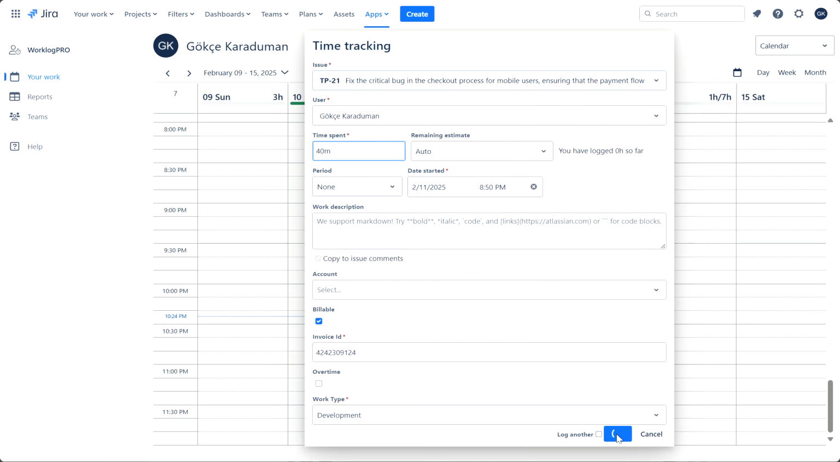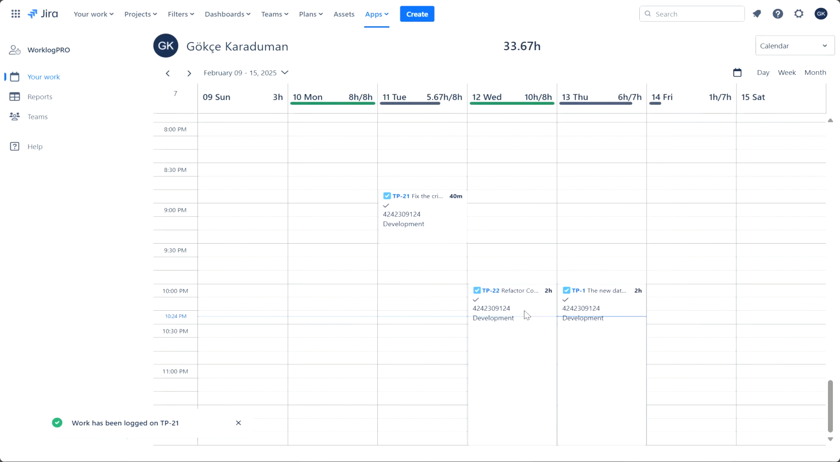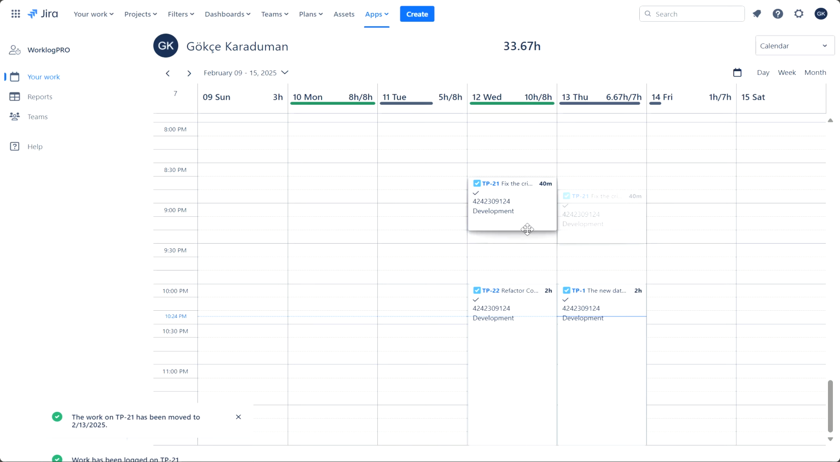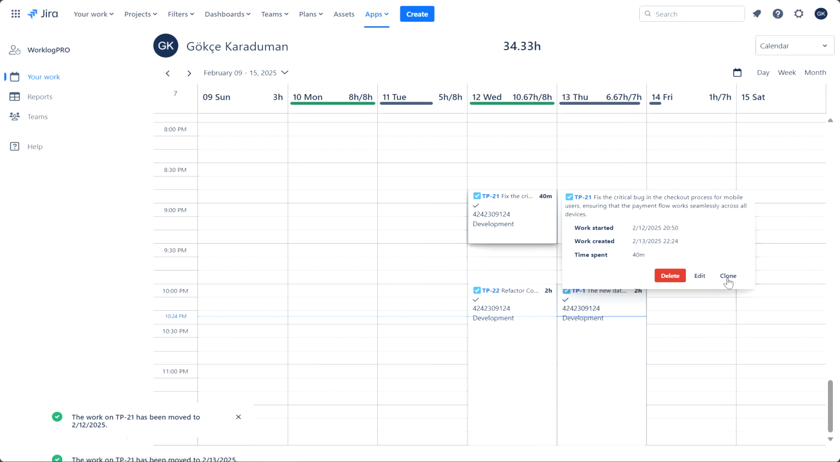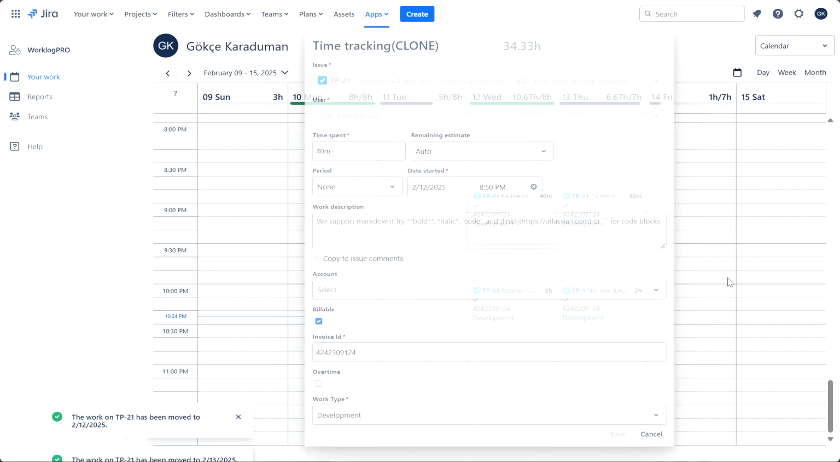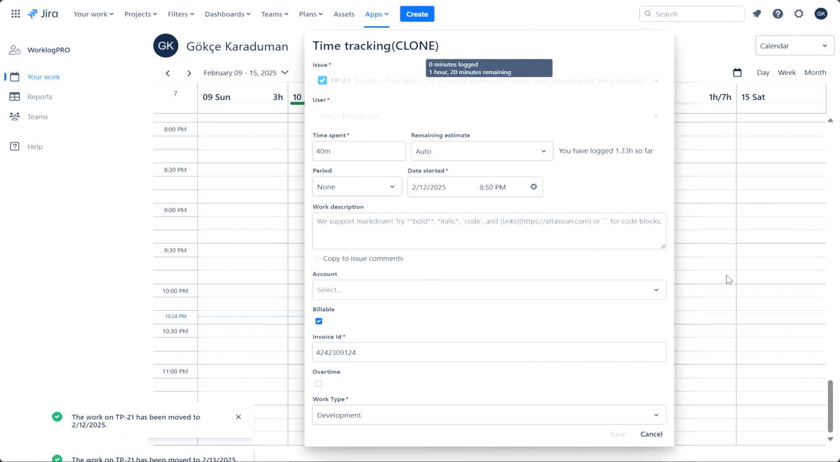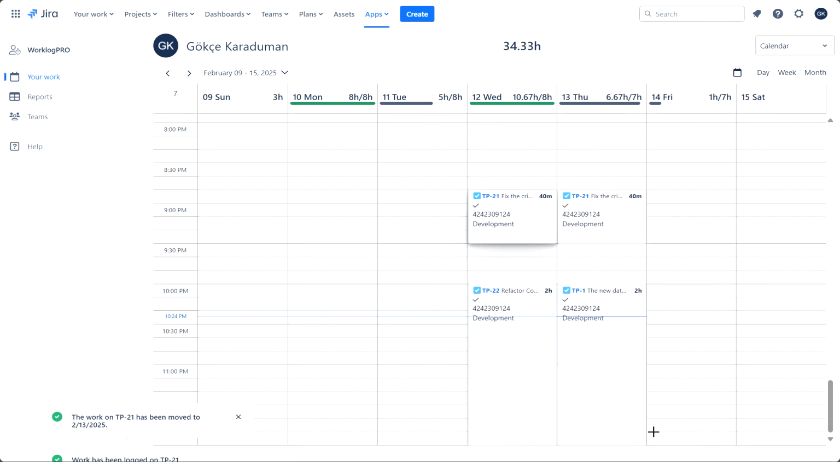If you hold down the Alt key while dragging and dropping the worklog into a new cell, it will create an exact copy of the original worklog. If you'd like to modify certain details while cloning, click on the worklog and then the Clone button. This will open a dialog with the relevant worklog info pre-filled, allowing you to make changes before saving the cloned worklog. To sum up, you can easily add worklogs in the Issue view, Timesheet view, or Calendar view, whatever suits